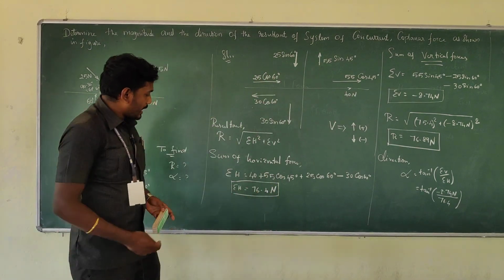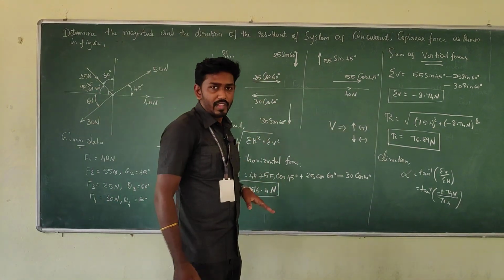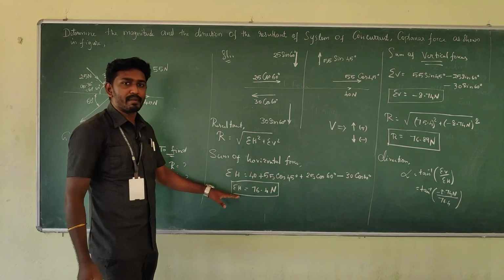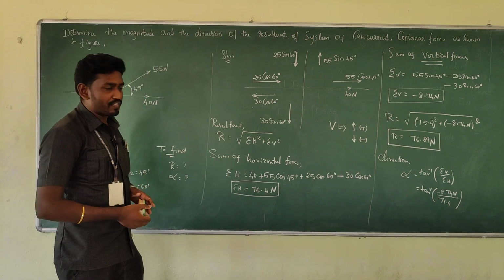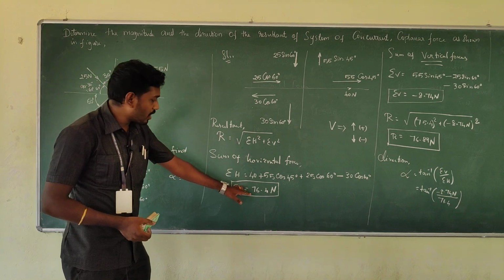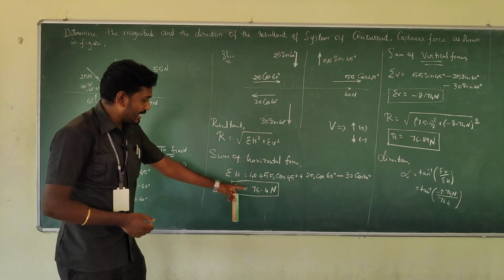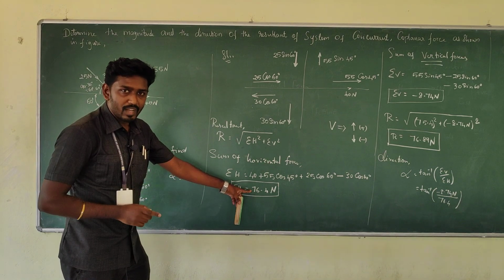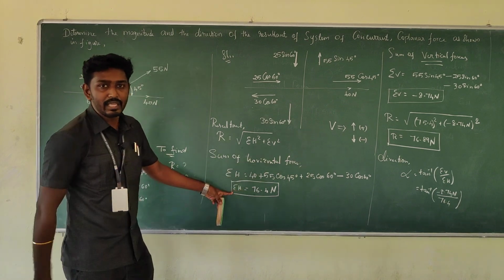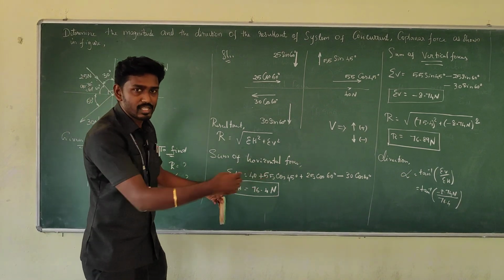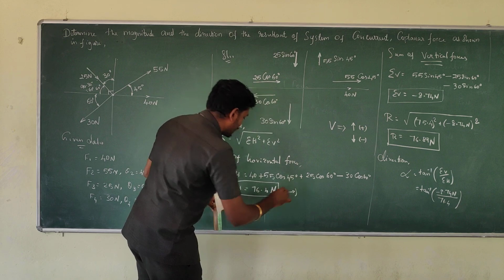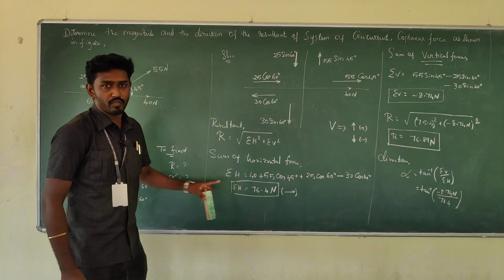See, here in the summation of H and summation of V, we need to undergo one more step. That means we need to predict the direction of the force. Summation of H value we got in positive. So if it is a positive value, then we have to conclude that this horizontal force is directed in the positive direction. That means x-axis, towards right side. So this is how the horizontal force is moving.